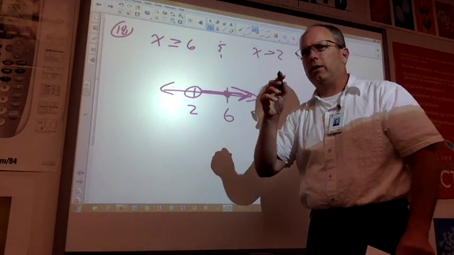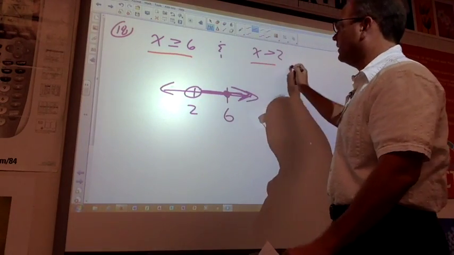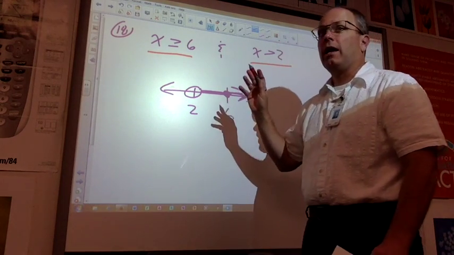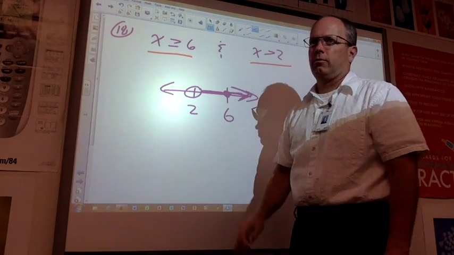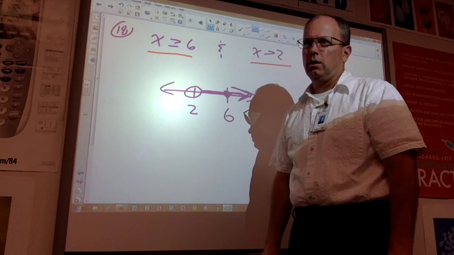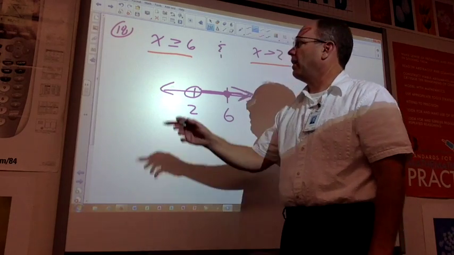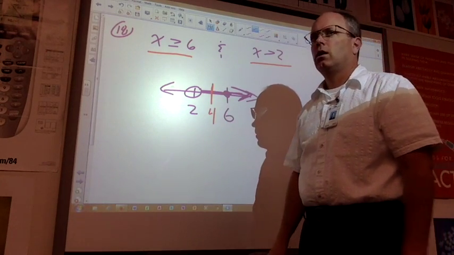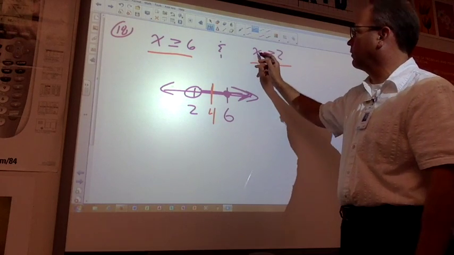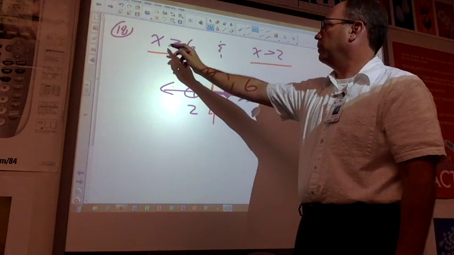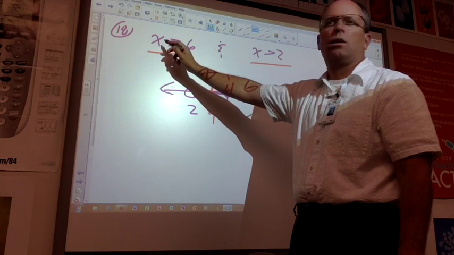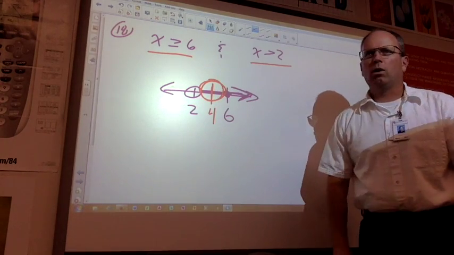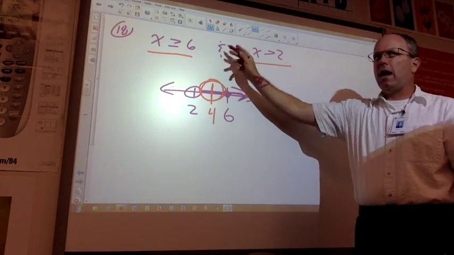Okay, now I want you to think about this. This and this both have to be true. Does that make sense? Both of those, this and this, have to be true. They have to create a true statement. If I pick, let's say this point right here, say 4, and plug it in here, 4 is greater than 2. That works great. But if I plug it in here, 4 is greater than or equal to 6. That doesn't work. So this region right here can't work for this problem because this and this have to create